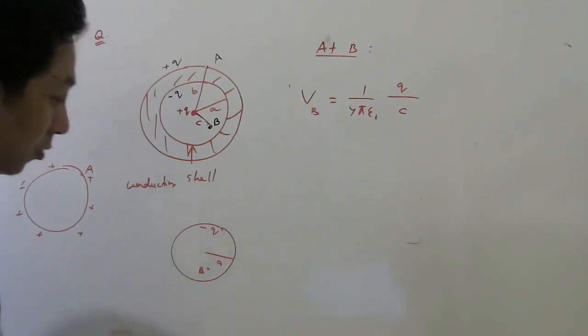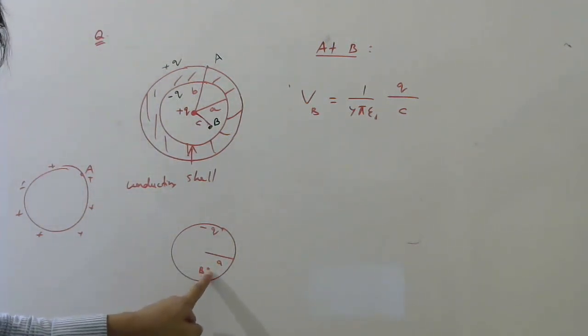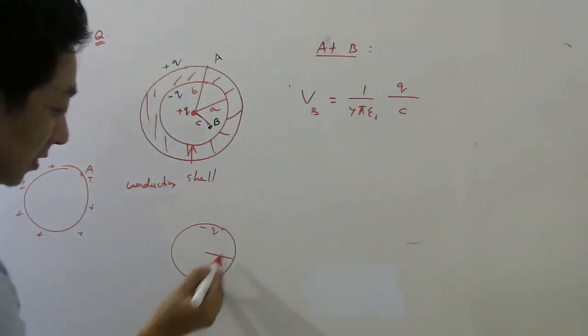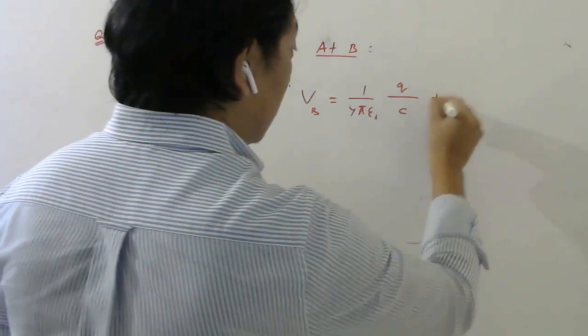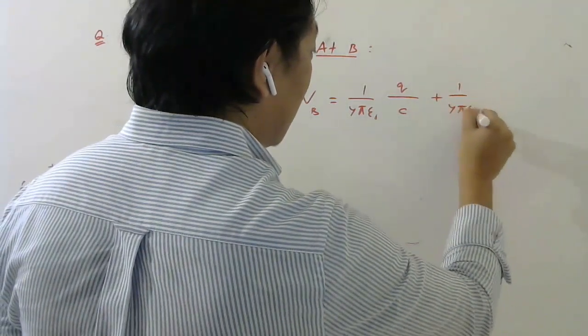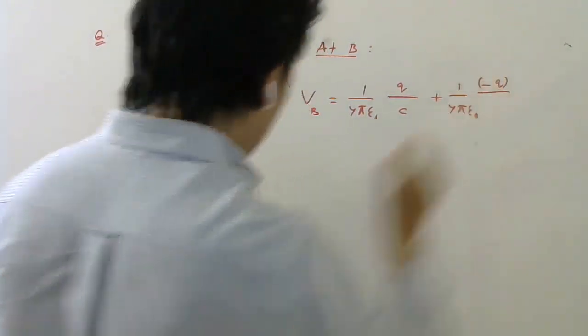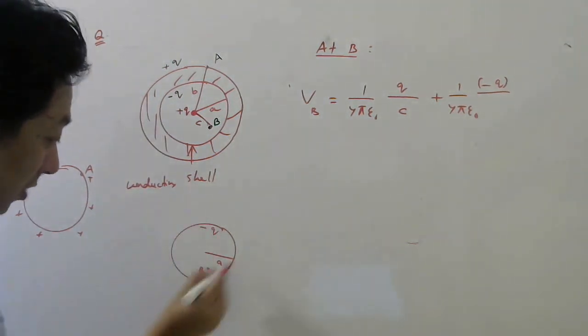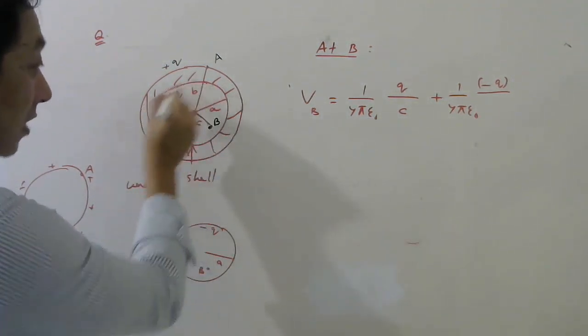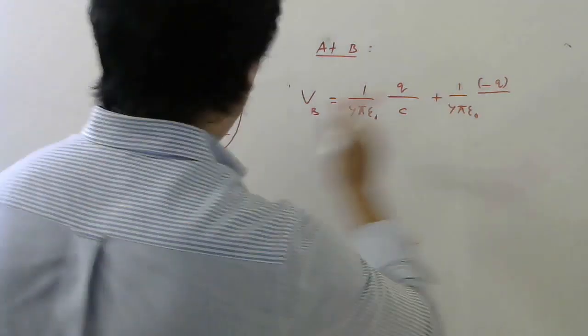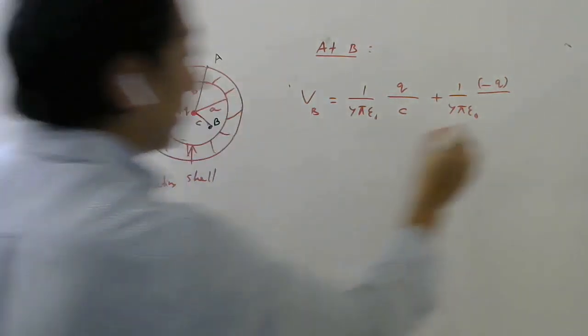So I want potential here. Already we have discussed this kind of question. Potential here will be the same as on the surface. And on the surface, what will be the potential? 1 by 4 pi epsilon naught minus q divided by the radius of that shell, which is nothing but B. Sorry, A. Because first I am asking due to this charge.